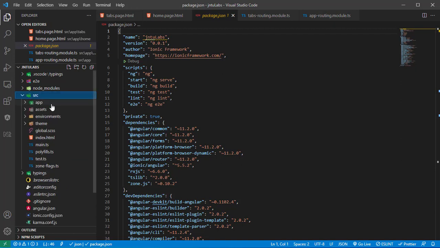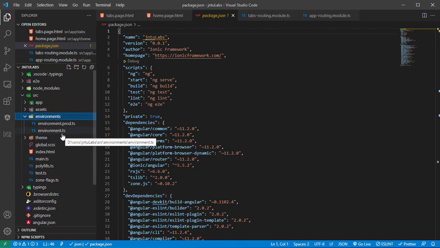So basically in source, the app is where you have all your project source code, like pages, whichever pages we create, everything is present in the app. Assets, if you have any kind of images, zip files, videos, anything you want to deliver, you can have it in the assets. Then environment variables, these variables are accessible throughout our project. Mostly I use environment variables for the API URLs.